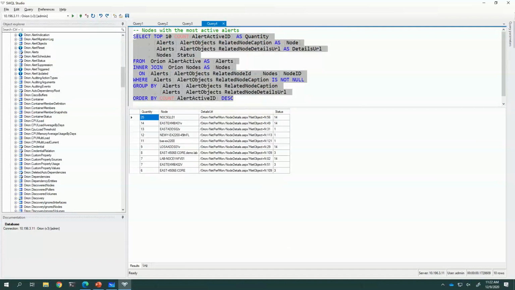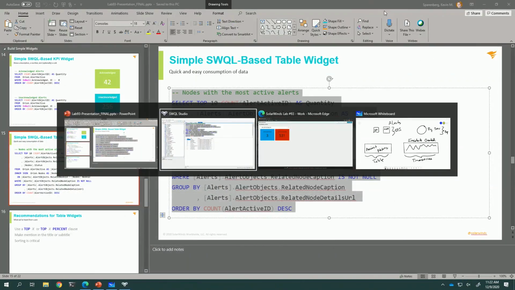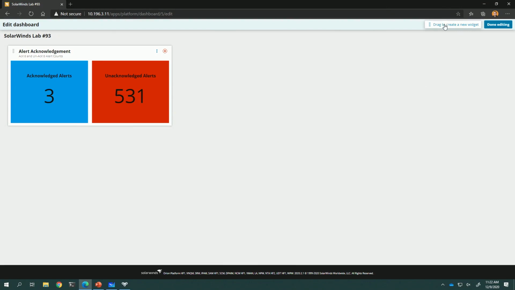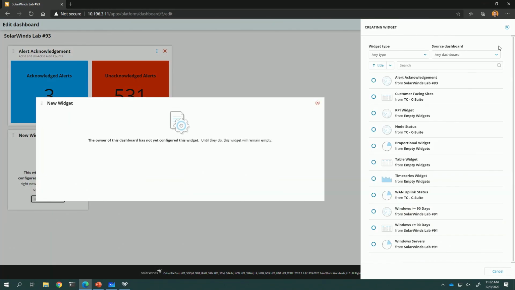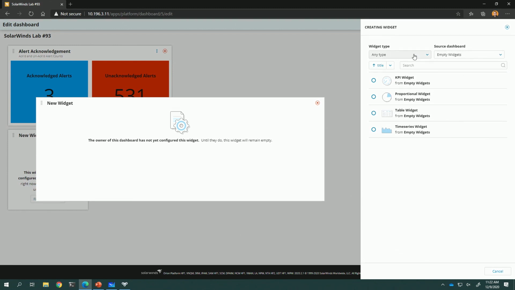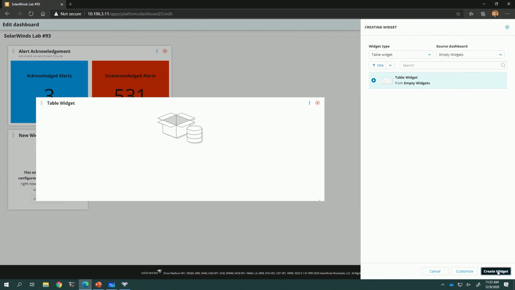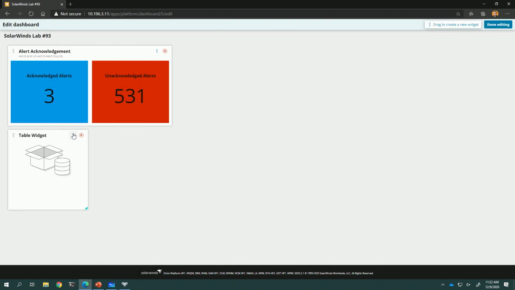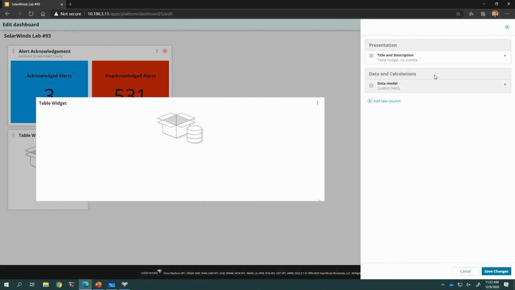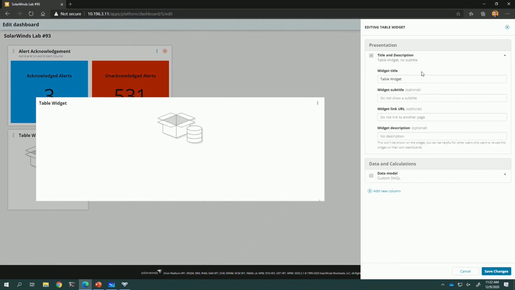So if we do this, let's make that table widget now. So we'll go back here and we'll drag and drop and create a new widget, and that was underneath this one. We'll finish configuring this. Again, all empty widgets, table widget, table, create. And you can also go to customize on that and immediately go into this customization, but I get in the habit of doing things the same way.